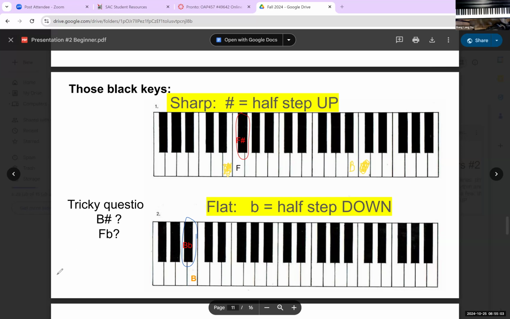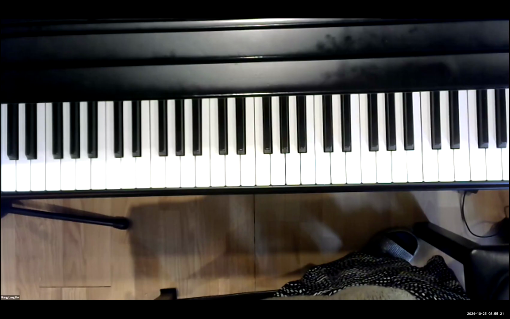And then because you're actually not going to see this in your song, if you don't understand this, it doesn't matter. You can still play songs because you're not going to encounter songs where you have to read a note that's B sharp or F flat. It's going to be many years from now, but this is the theory. Okay, so no worries if that theory is not completely